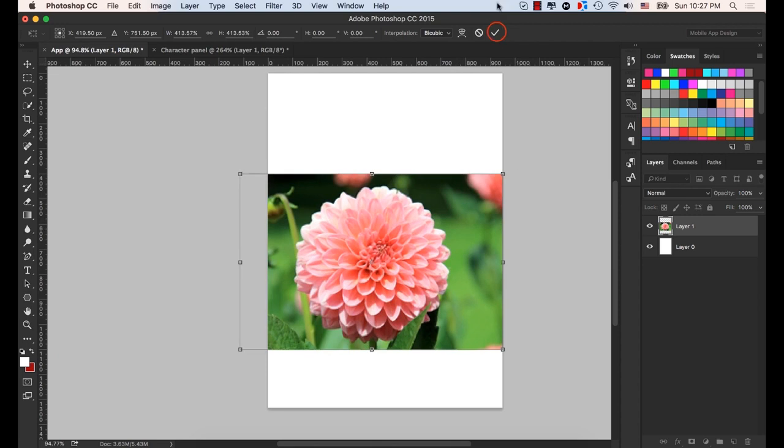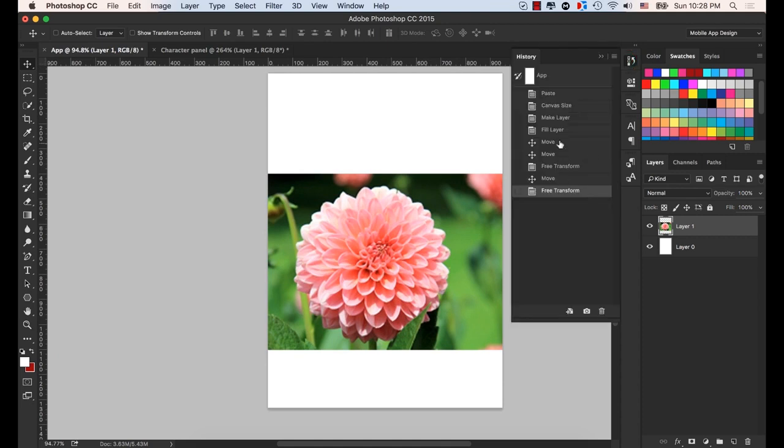Okay, click OK. And see how the image looks now? It looks worse than before, because we made it small and then we made it bigger. It loses its quality. Since this image is based on pixels,